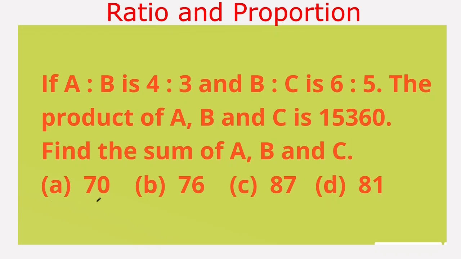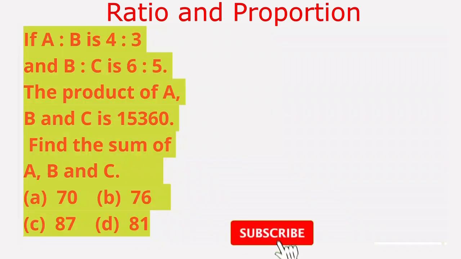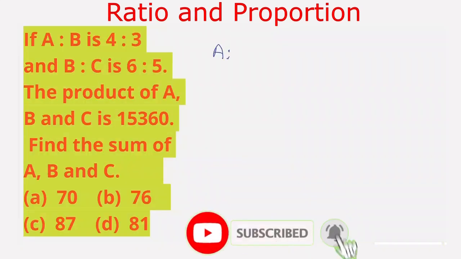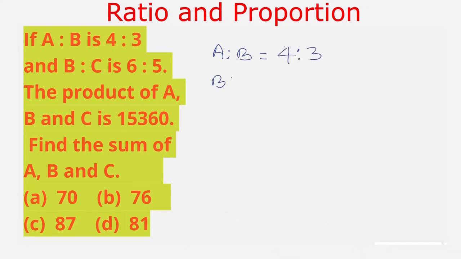Our options are option A 70, option B 76, option C 87, option D 81. We solve the question like this. A ratio B is 4 ratio 3 and B ratio C is 6 ratio 5. So we have to make B in both the ratios equal. So what we do, we multiply A ratio B by 2 so that we can get A ratio B equal